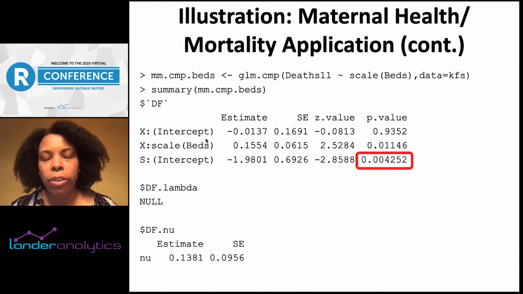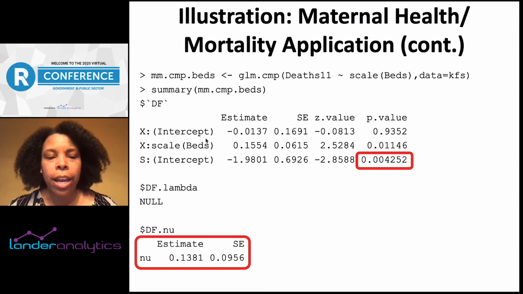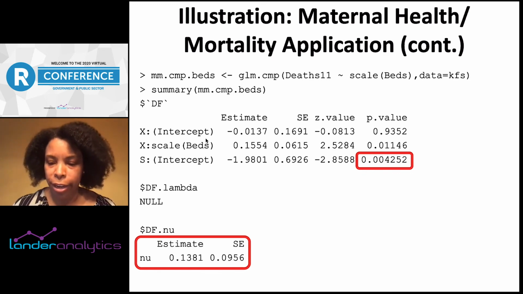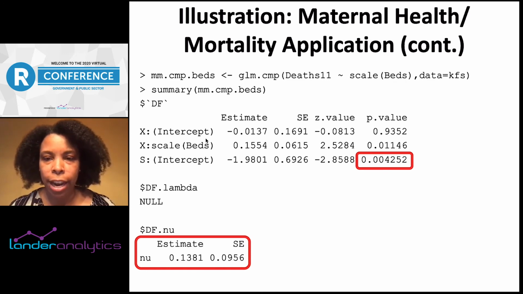In particular, I focus your attention on the p-value for the gamma term that associates with nu. We notice that it's statistically significant here, and that is reiterated in the output directing us with regard to nu. So we have a direct estimate for the constant dispersion nu. Notice it appears to be statistically significantly less than 1. In fact, it's on the closer end to 0 here. And we provide the corresponding standard error.